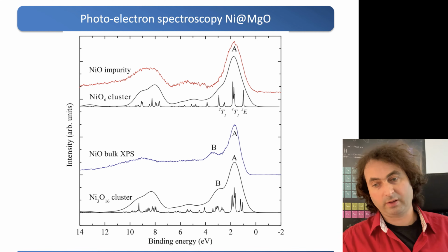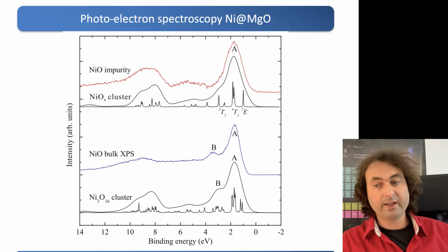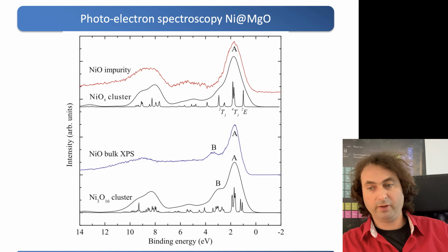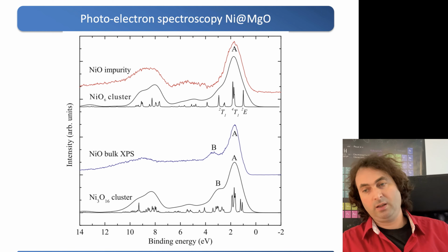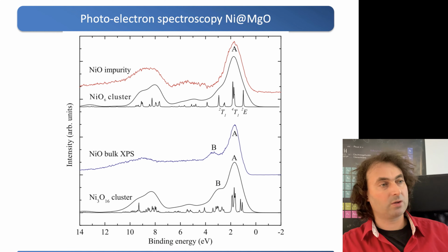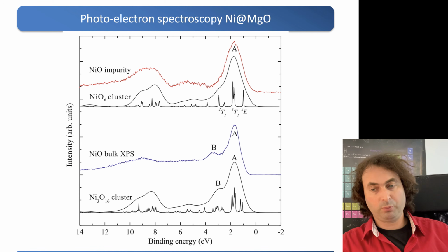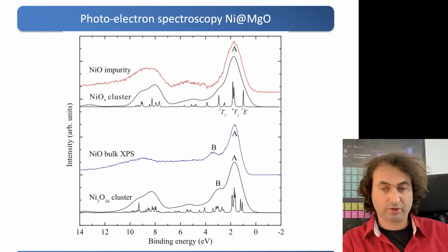So for that we can have a look at really a single atom calculation and experiment where you put a nickel impurity in MgO. MgO has the same crystal structure as nickel oxide, but the magnesium atom has no d electrons, so that it's a wide band gap insulator. And now we put in a single nickel atom such that you locally really have a NiO6 kind of cluster. And if you compare this now to